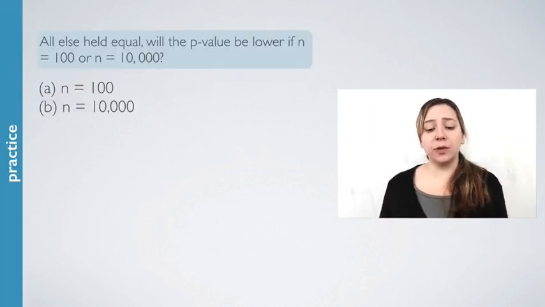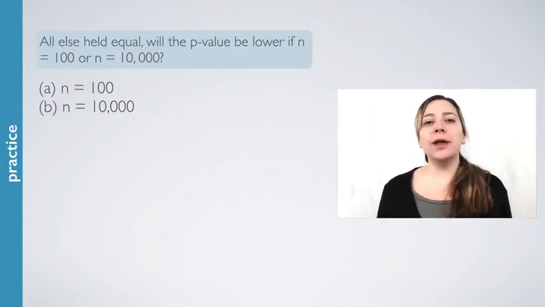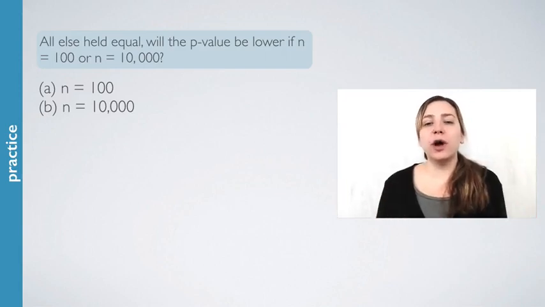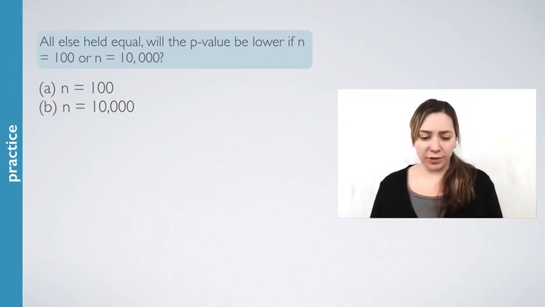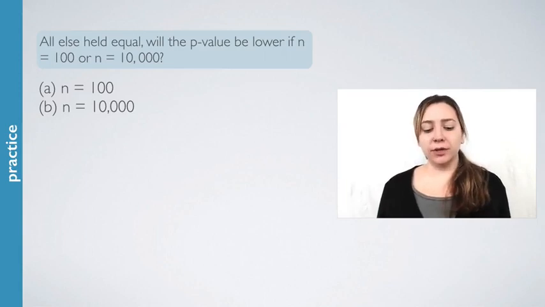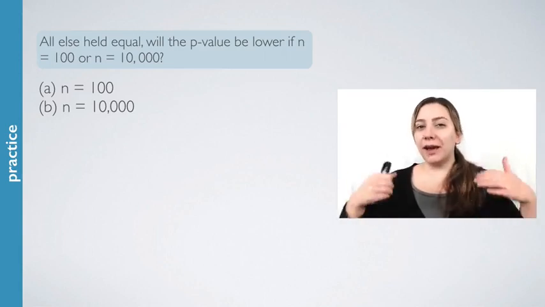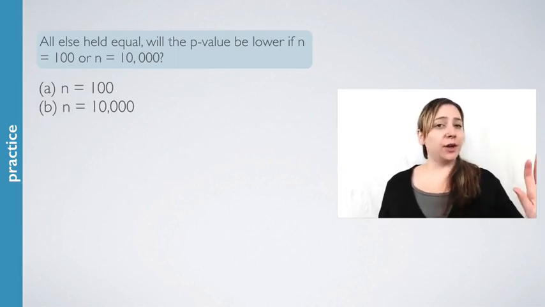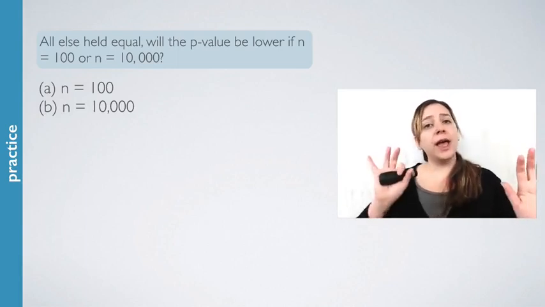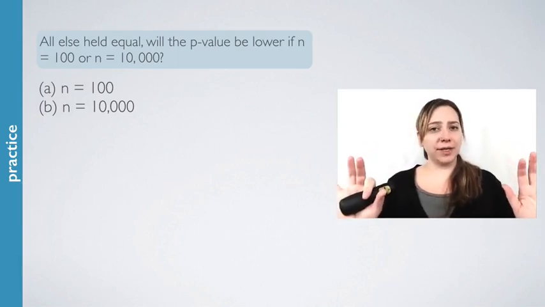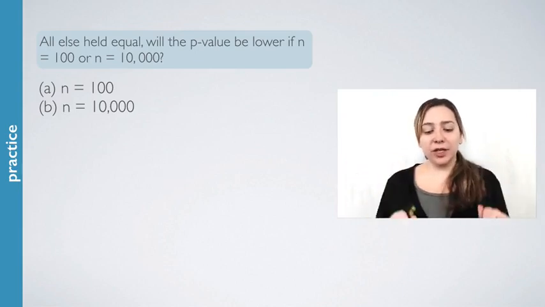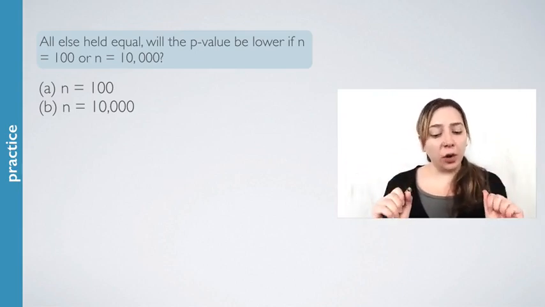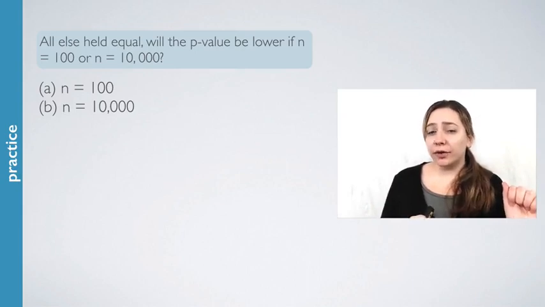Before we go too much more into the discussion of the concept, we're actually going to use a practice problem to illustrate what we're talking about. So think about two scenarios, all else held equal, meaning everything else is the same about these two scenarios. However, in one scenario we have a sample size of 100, and in the other scenario we have a sample size of 1000. The question is, will the p-value be lower if n is equal to 100 or n is